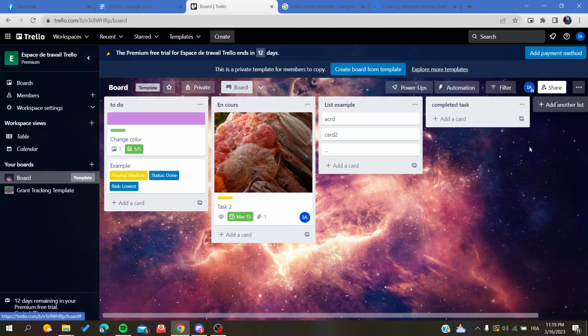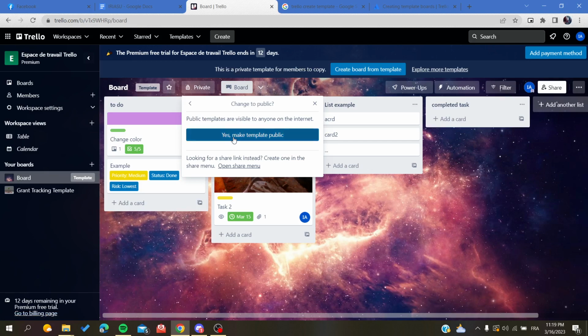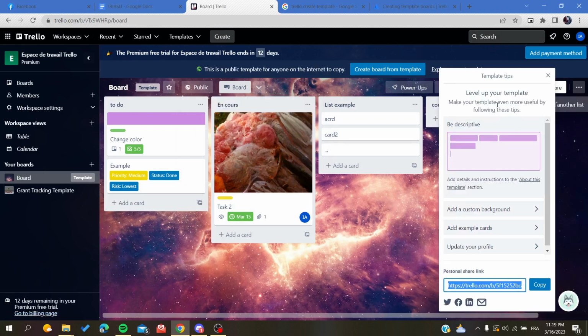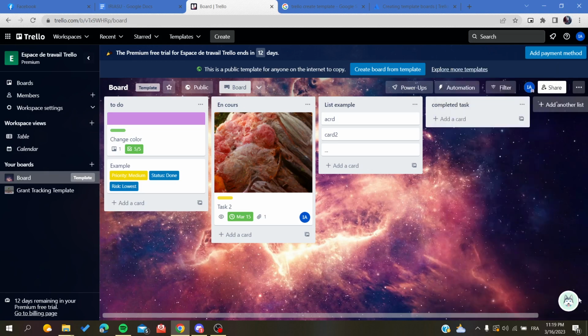So now, to let people access this template, as I said, we should make it public so people can reach this template. And now, as you can see, we are seeing this template link and other tips that we can do. So now you can just copy this link and share it with other people, and now they will be able to access your template and download it or use it actually, and modify it, and you can have